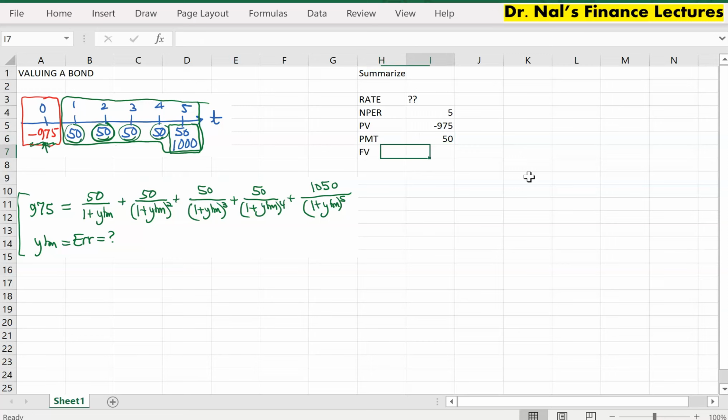And finally, the face value is $1,000. So these are the given features of the bond. Actually, it would be even better if we write it that way, features of the bond. So now let's go ahead and value the expected rate of return of this bond, right? So I'll write the result right next to it here.